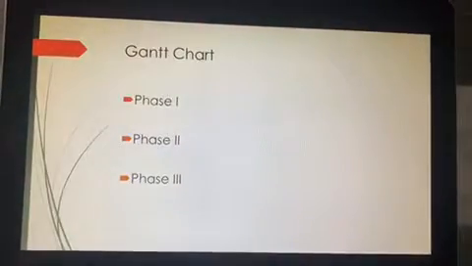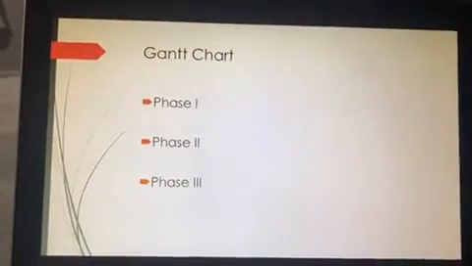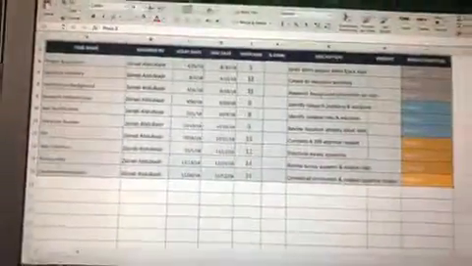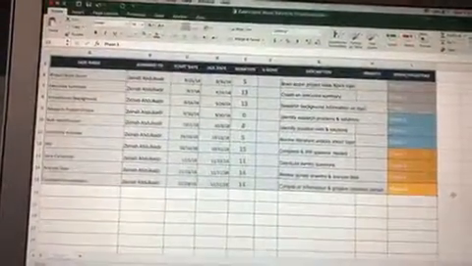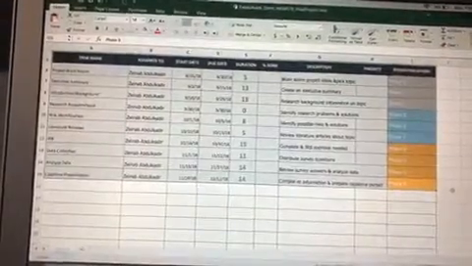For my Gantt chart, I would pull it up and bring it on another screen. So I did it in 3 phases. Phase 1, phase 2, and phase 3, and I just talked